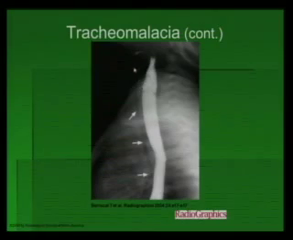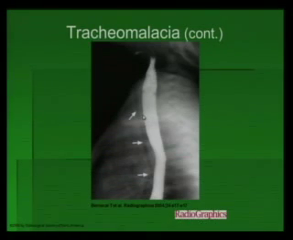Here is an example. Here is a narrowed trachea. It's very narrow. That's tracheomalacia. Of course, you want an esophagram. You want to look for posterior impressions on the esophagus from an aberrant subclavian artery. You want to look for an anterior impression on the esophagus between the trachea and the esophagus from a pulmonary